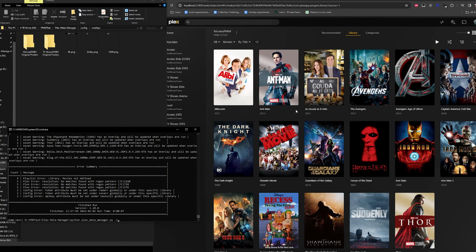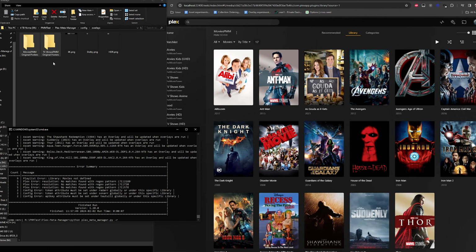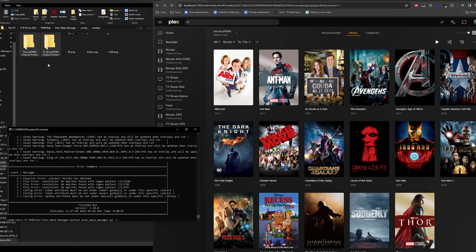Remember when I first said choose all the posters that you like? Because if you aren't using an assets directory, in a way, it kind of does create an assets directory for you. These are like sort of a pseudo-assets directory. But if you mess with the overlay labels a lot, we'll get into it, you could really mess with this